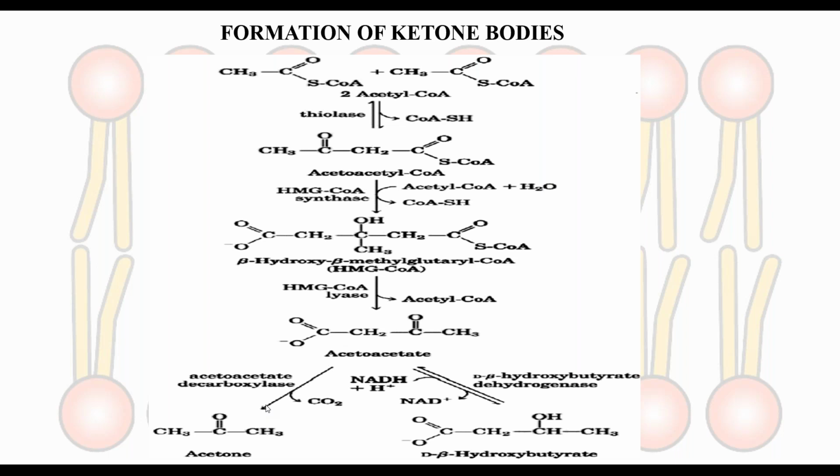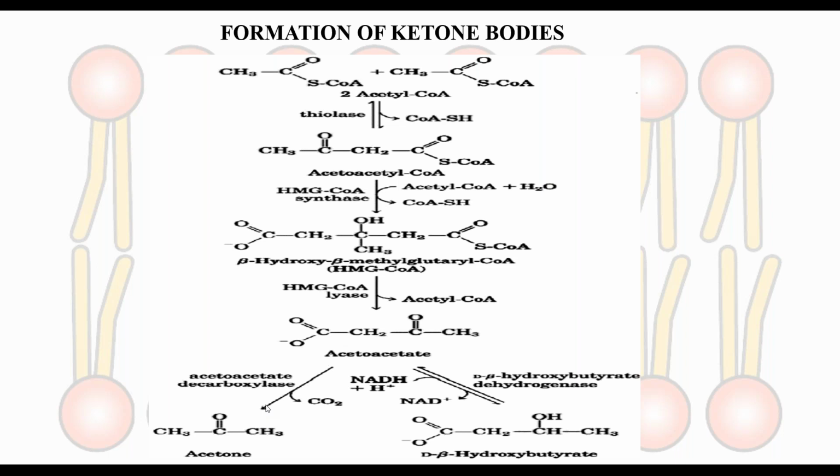But in untreated or uncontrolled diabetes, where insulin levels are not sufficient, even if glucose is present in the body, the cells are not able to take it up and get energy from it. In such conditions, the body shifts to the formation of ketone bodies, and uses these ketone bodies for the generation of